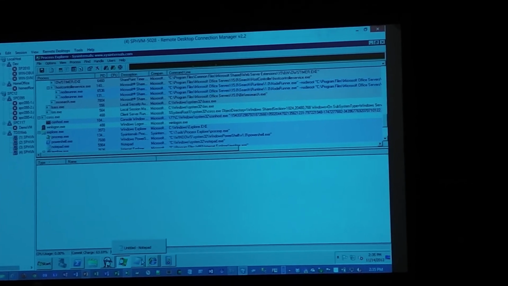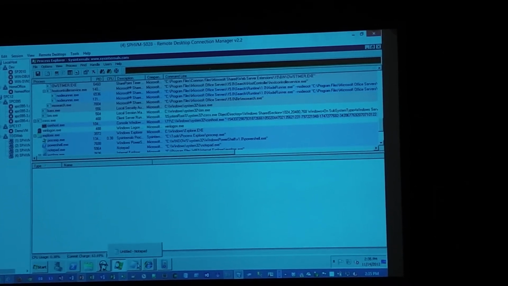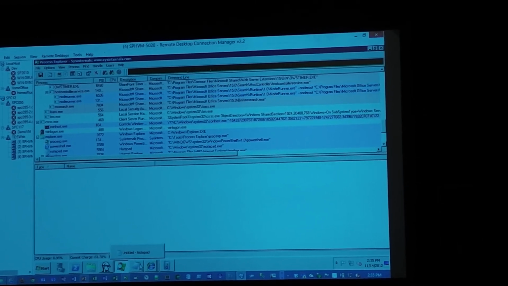If for some reason you need to restart the search service on the box, you restart the host controller, not the individual node runner. The host controller will then restart all node runners on that